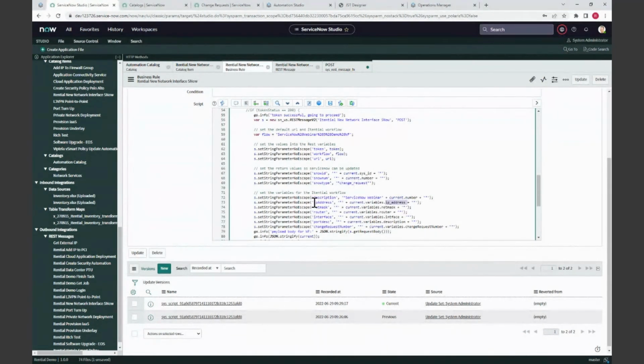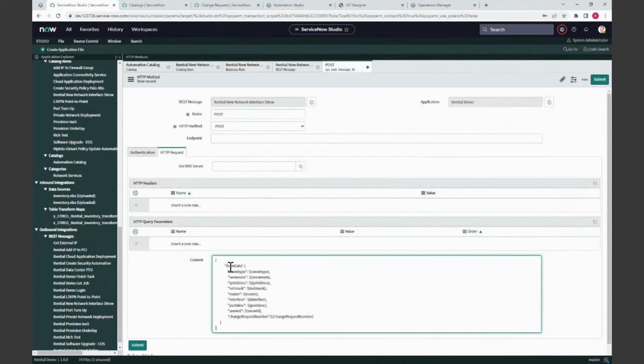We're passing into a new set of variables that have unique names. These variables now have to match this post format over here. So it's going to be inserted. It's a template, right? So these are the matching names for the variables we defined in that JavaScript for the business rule. So all of that has to match up, and then that creates the JSON object that we're going to pass